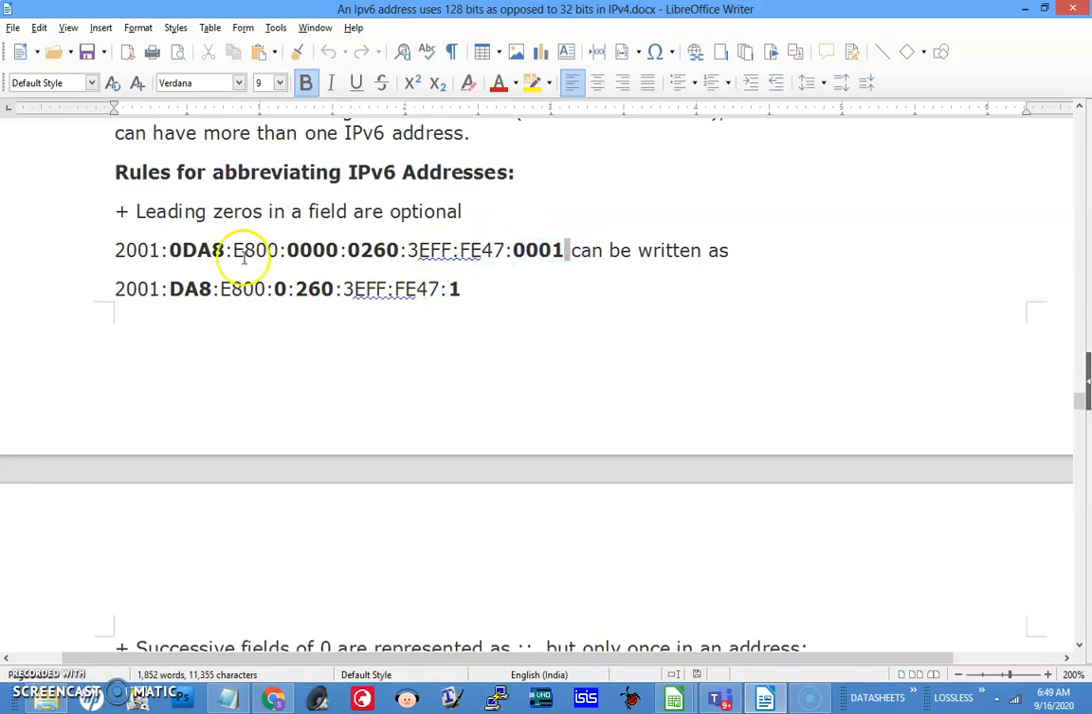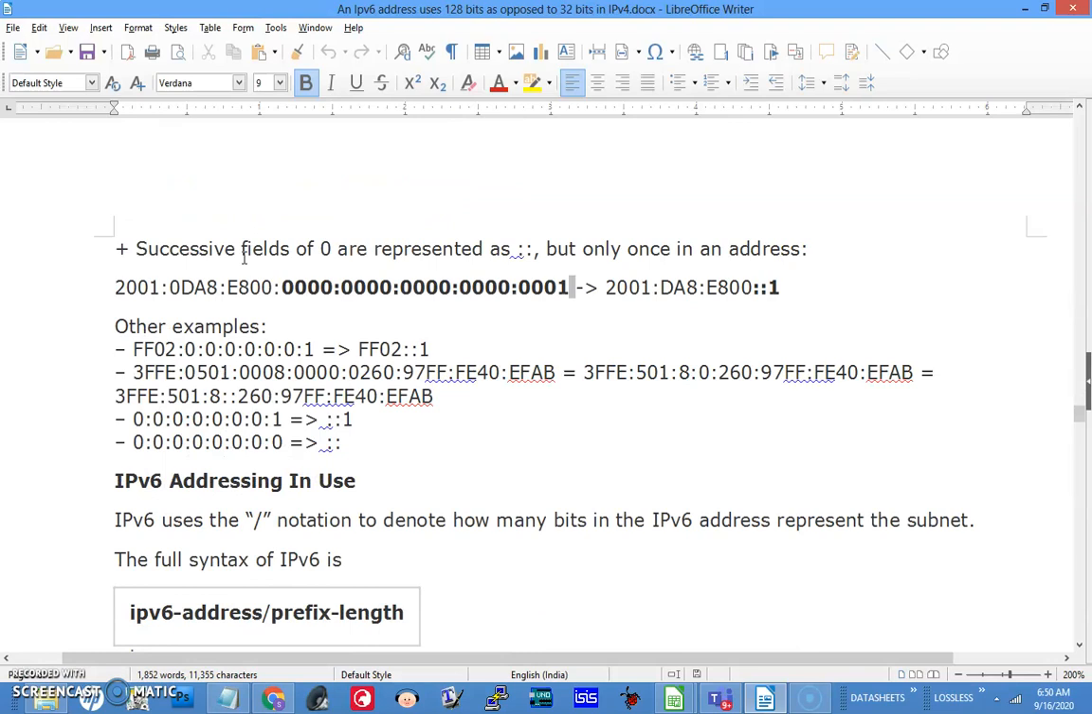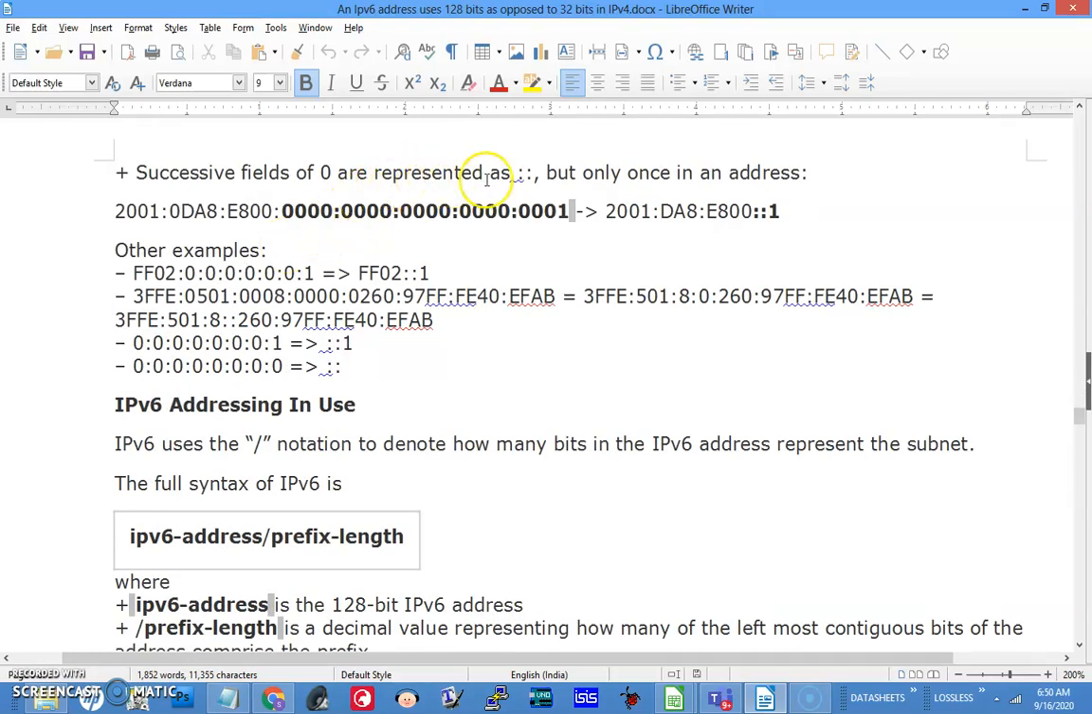Okay. So you may get a question like this. They will give you an IP address and ask you to write the shorthand notation. Successive fields of 0 are represented as double colon. For example, here I have got successive fields of 0. So this will be